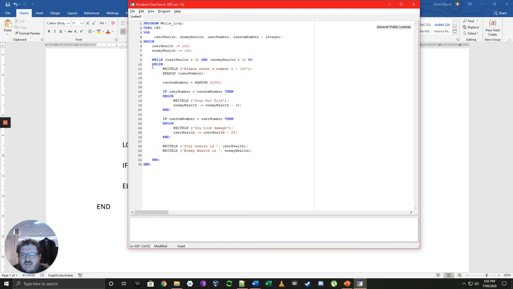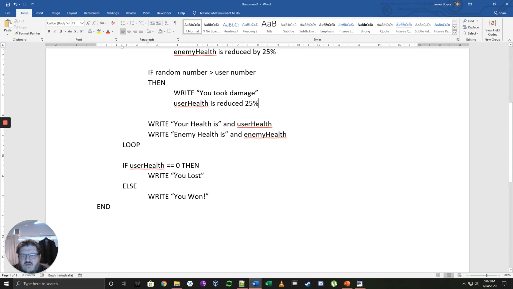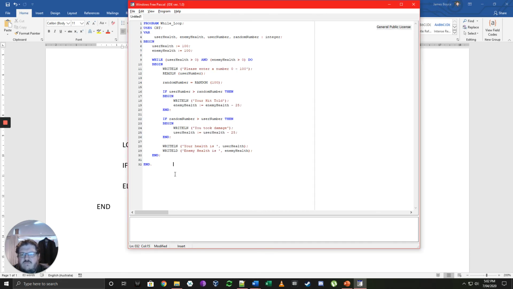Now we've already ended our loop. Our begin and our end for our loop are there, so that's already right. We don't need to think about that too much, but we do need to think about this little bit. So if the user health is greater than 0, so now we have an if statement outside of our loop. Notice that our loop begins here and ends here, and that's because we can see very, very clearly where things are. So if our user health is greater than 0, then